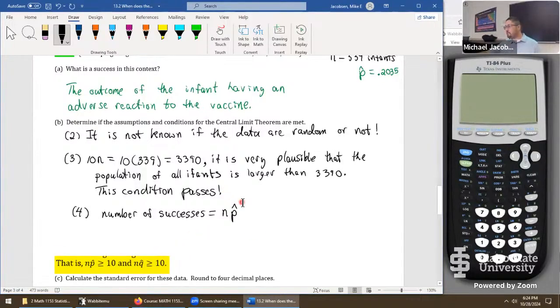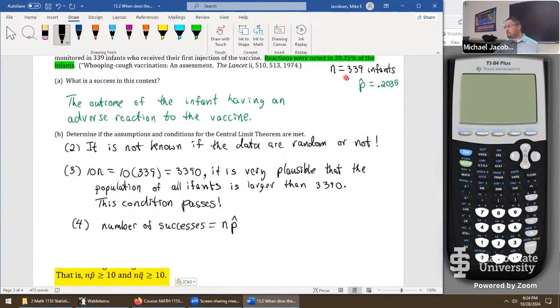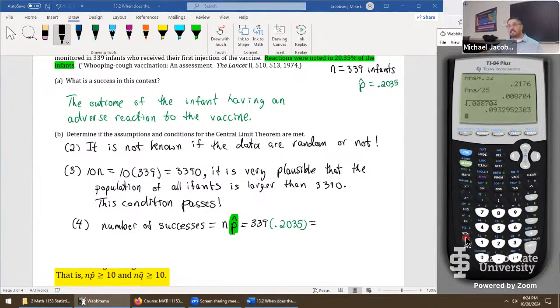So back to our right over here, let's plug information into the formula. In place of n, put in 339. In place of p hat, let's just hit that with some highlighting. Let's put in 0.2035. And this seems like it's going to be a pretty large number. That's only because the sample size is pretty large itself. So 339 times 0.2035